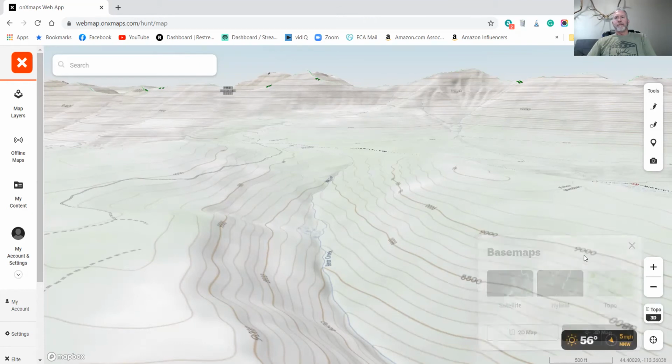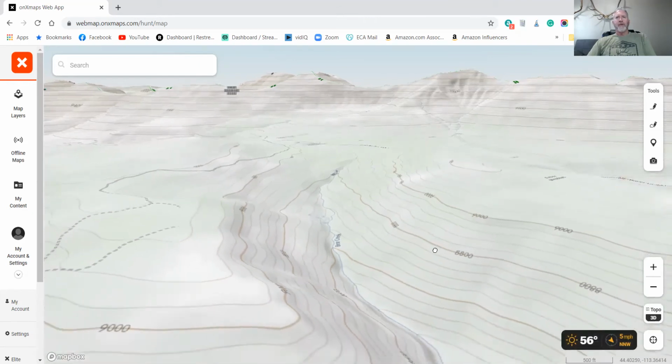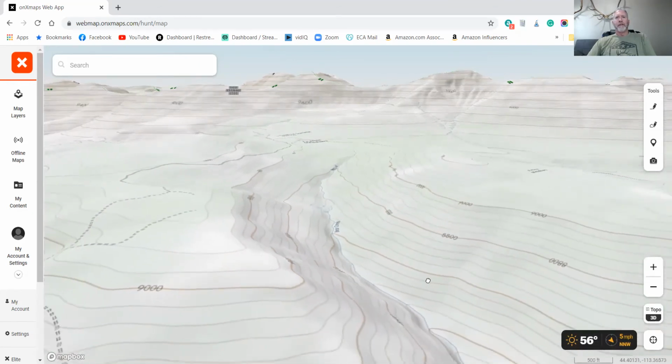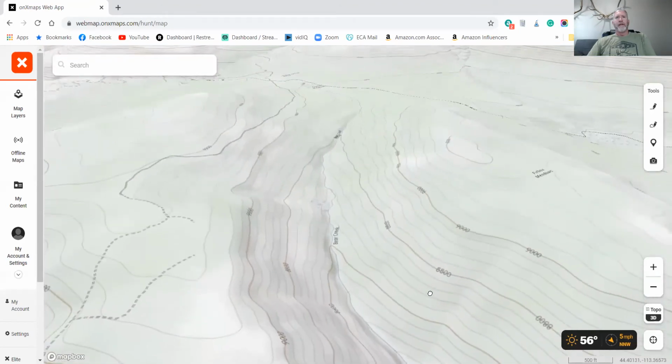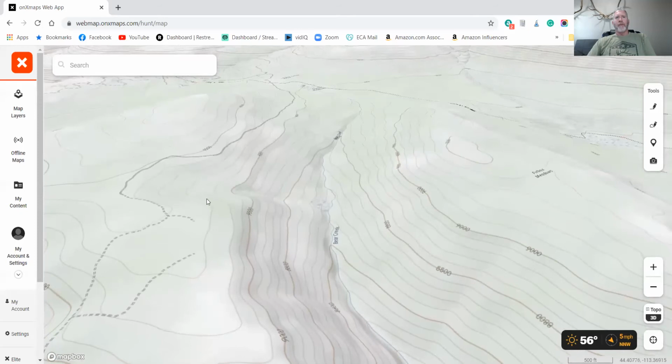So again, this is valuable information as you're sitting here looking to plan your hunts and plan your routes and know exactly. So the other nice thing about turning on the grid lines, you can see natural funnels